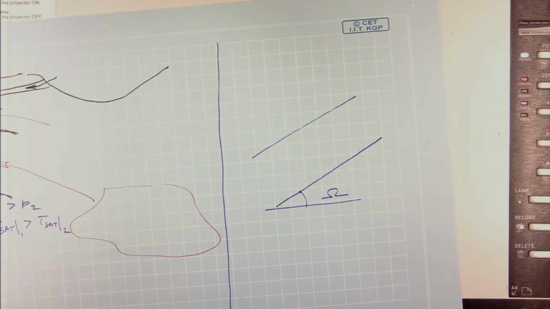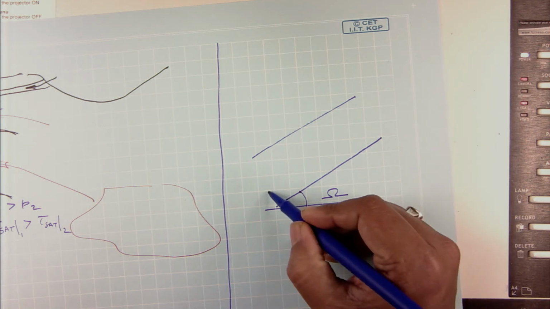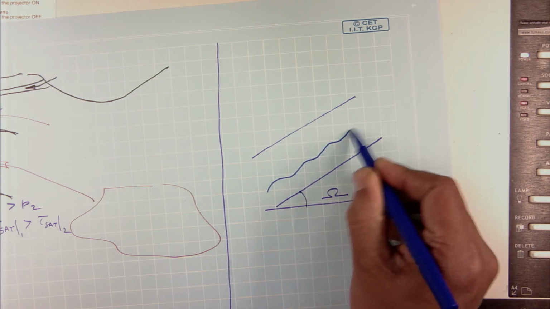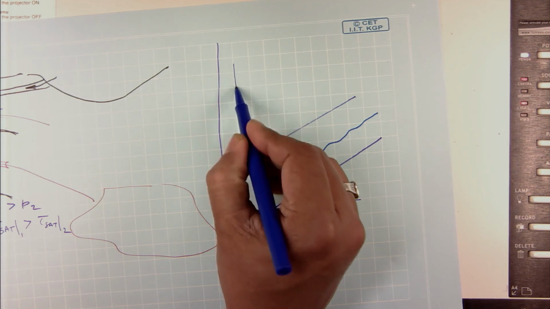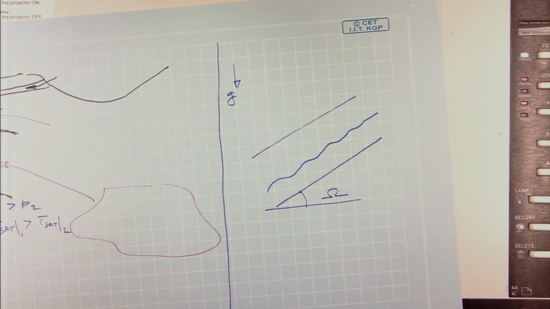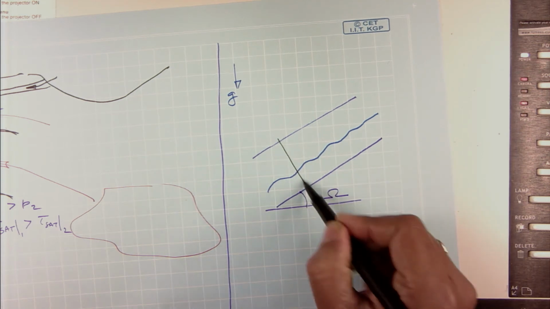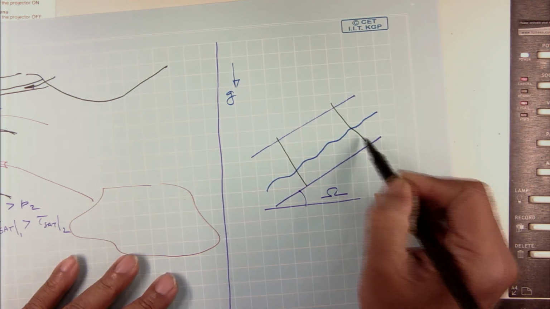Okay, and for simplicity's sake, let us just assume that you have a stratified flow, where a part of the flow is in the liquid phase and part of the flow is in vapor phase. Okay. So, let us say the orientation of gravity is in this direction, and I am going to take a small control volume in this flow,